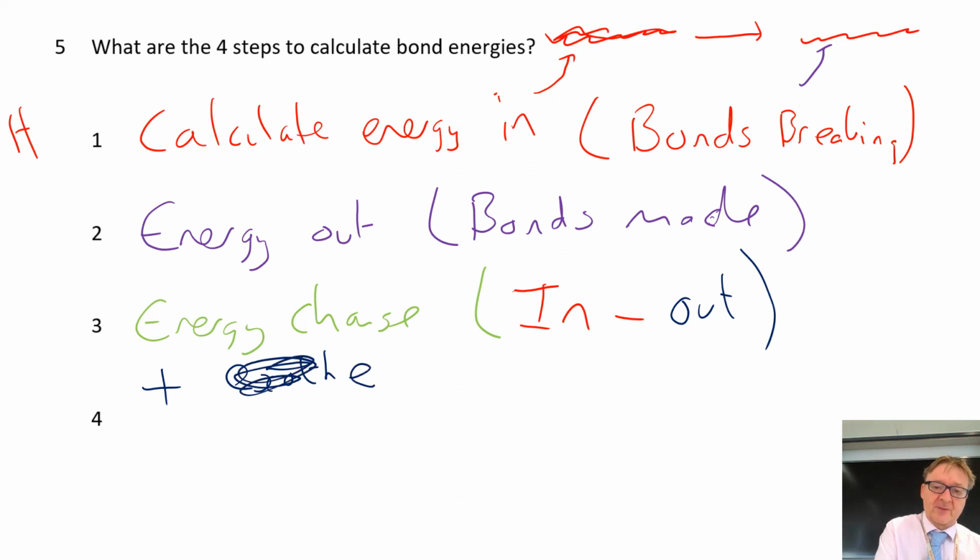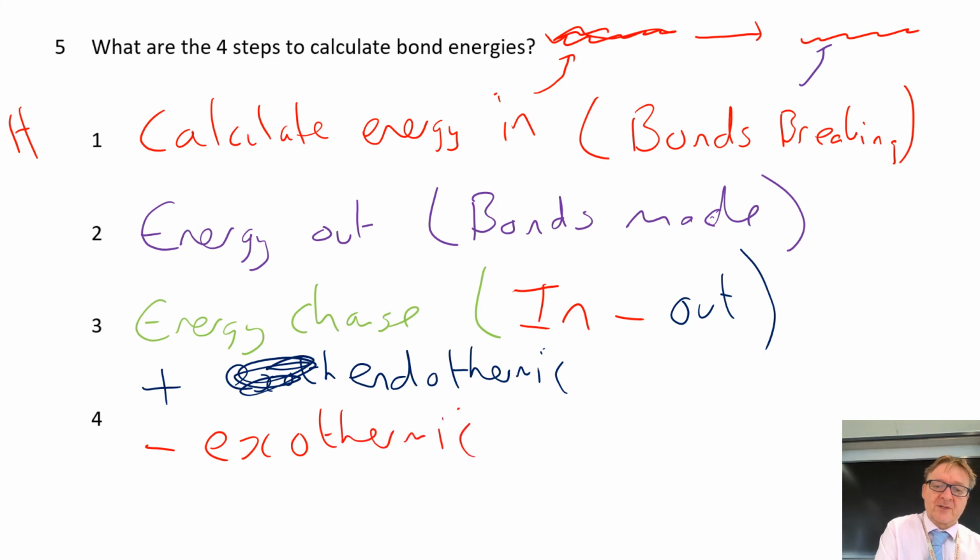If it is negative, it is exothermic. What that means is that if it's exothermic, there's less energy in there than there was previously, which means some of the energy has come out. If it's positive, that means there's more energy in there than there was originally, which means energy is